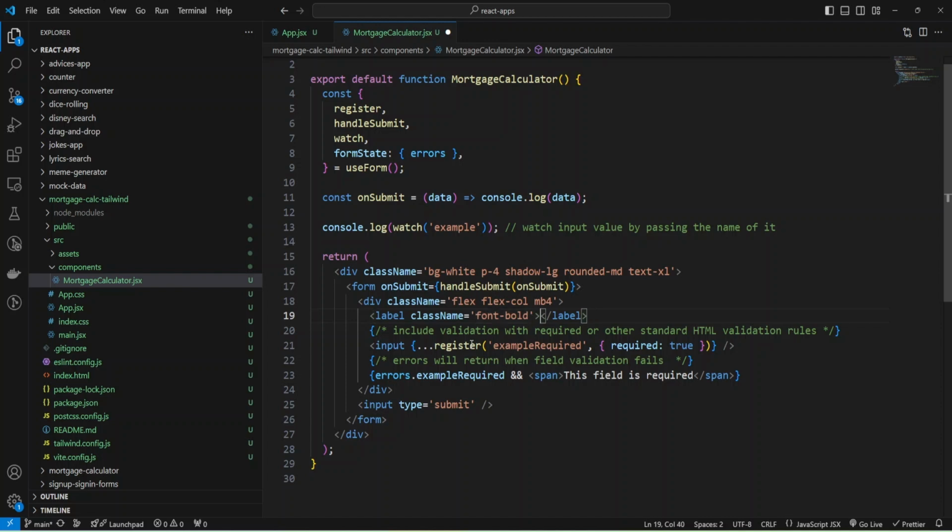Okay, and let me provide name, and it will be home price, and let's check what I have so far.